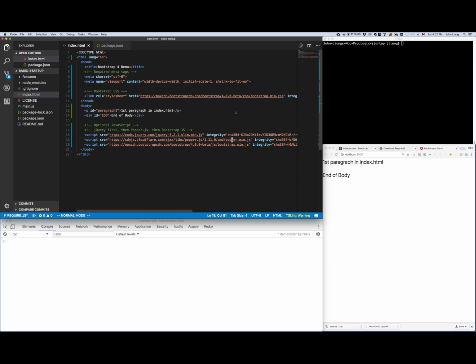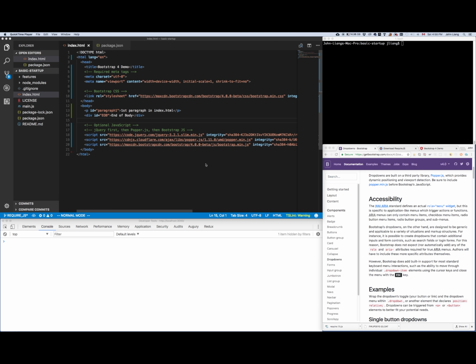So let's try it out if we can swap the order of the jQuery library and the Popper library. No problem. There's no complaint. I guess the Popper library does not depend on the jQuery library. But anyways, let's put it back into the proper order that is recommended by Bootstrap. Remember just now when we moved the Bootstrap library on top of Popper? That changes the order of loading the libraries, and we see there's an error because Bootstrap dropdown